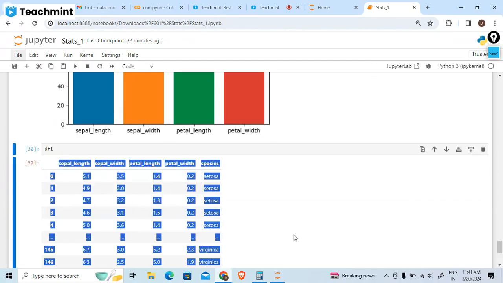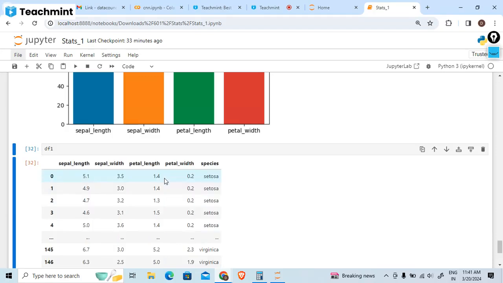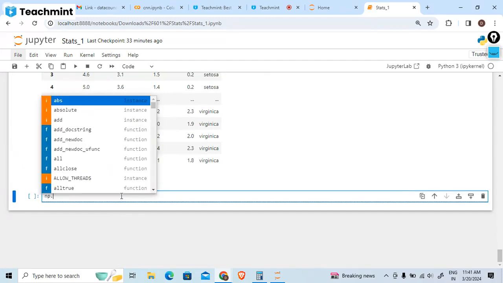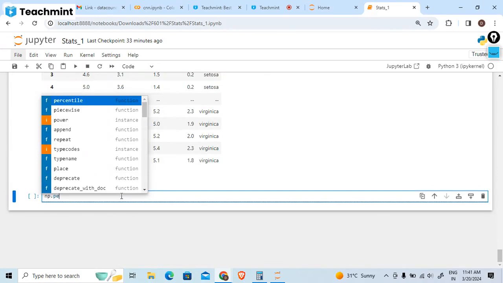This is the simple data set, right? Now from this data set, if we have to calculate some percentile, like who is available at 25 percentile and who is available at 75 percentile, like whatever we have learned, for that we have to calculate with the help of the numpy library. np.percentile